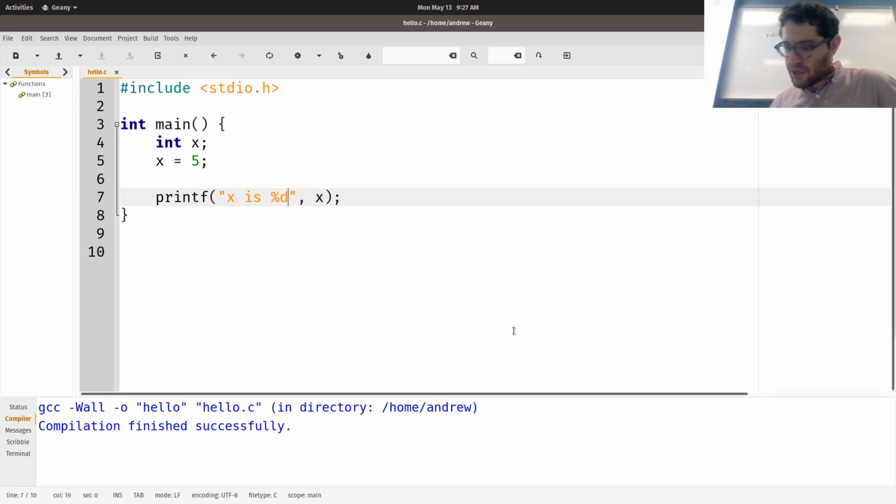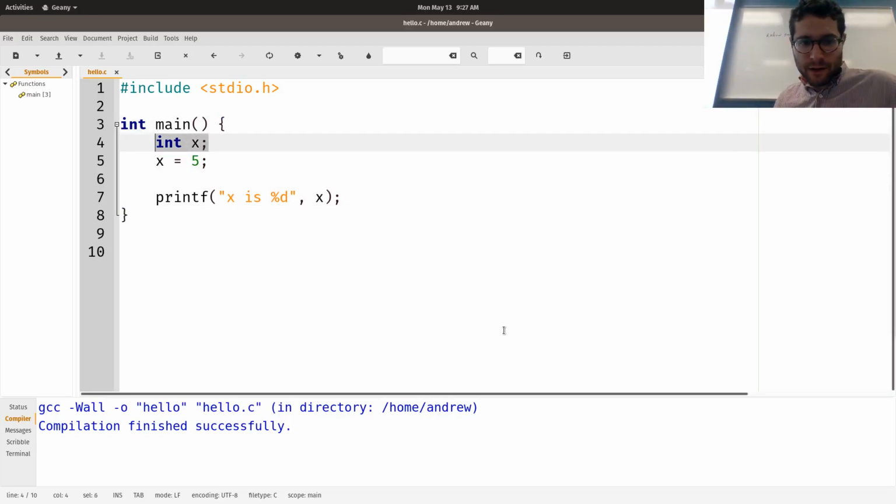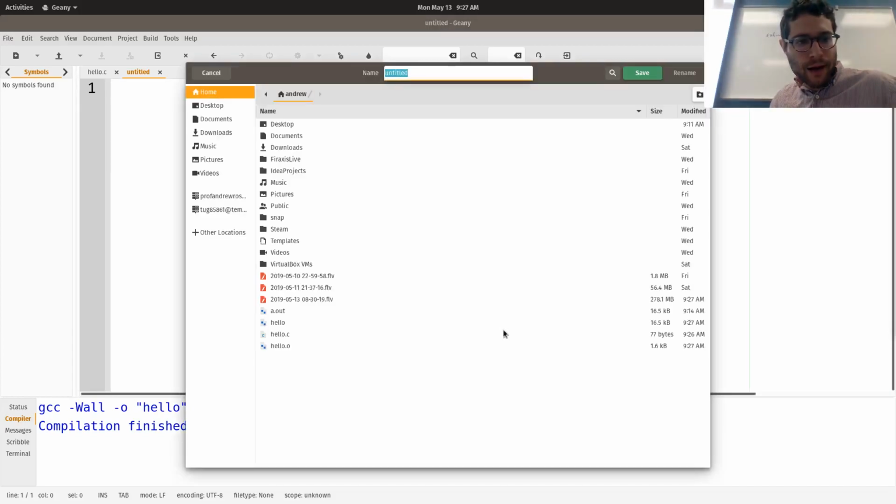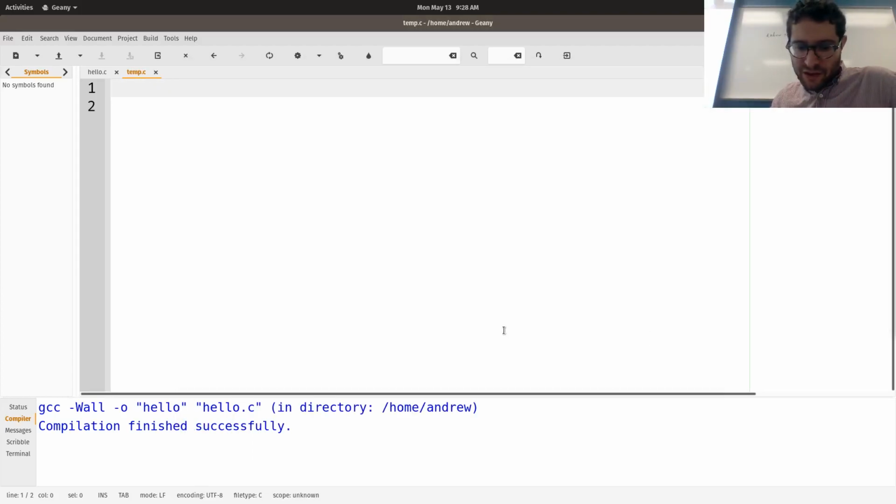So you can create digits like this. Let me go ahead and look at a more robust program. So I'm going to create a new file. I'm going to create something called temp.c. And what we're going to write here is a standard temperature converter.